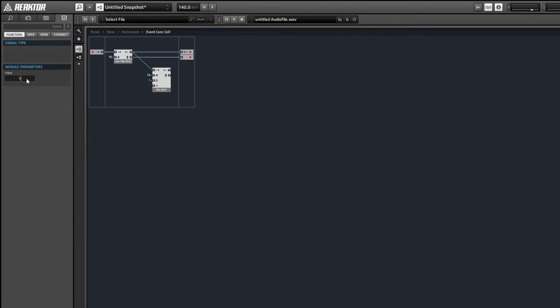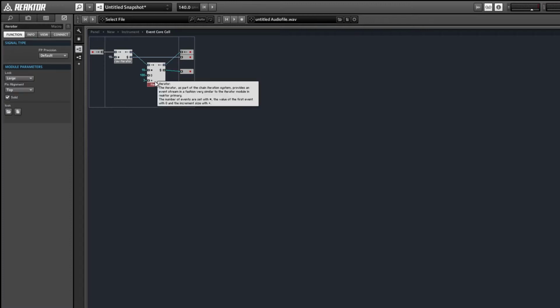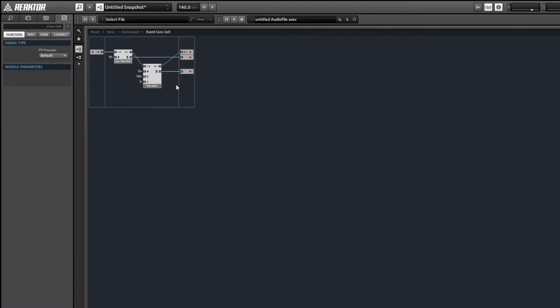So we can set the number of events, the starting point for the events, and the increment for each subsequent event. So now we're going to have 16 events starting at 100 and increasing by 3. And if we create a new output to look at these events, we'll see that they happen after the 16 events